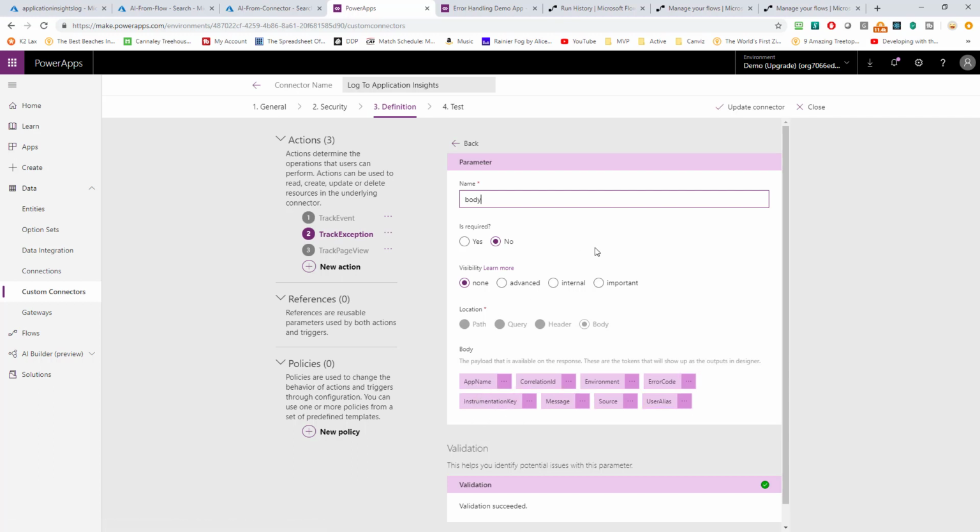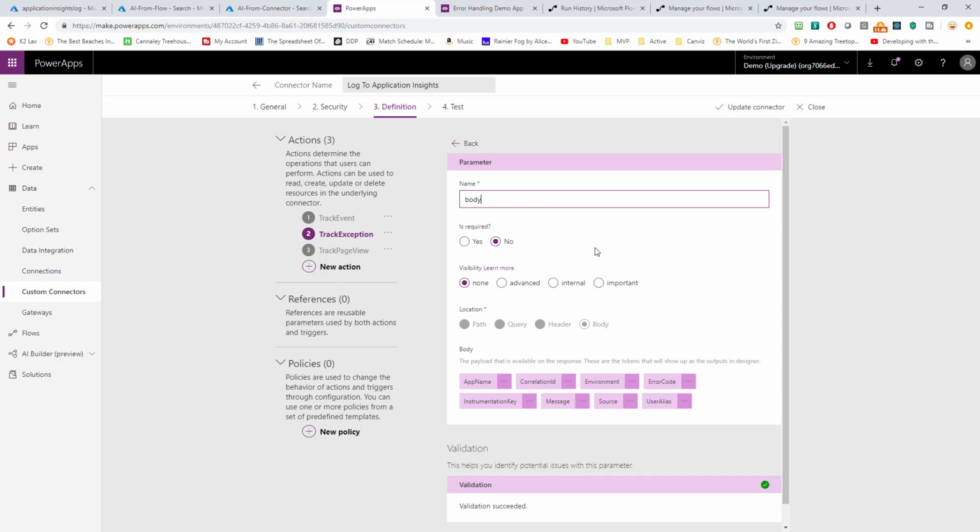If you want to learn how to build a custom connector, I suggest looking at my blog. There's other blogs out there as well. I walk you through how to create one. There are some good ones out there as well that other people demonstrate how to connect them to Azure functions. It's pretty straightforward stuff, and within about an hour you can get your first one up and running. One important thing to point out: